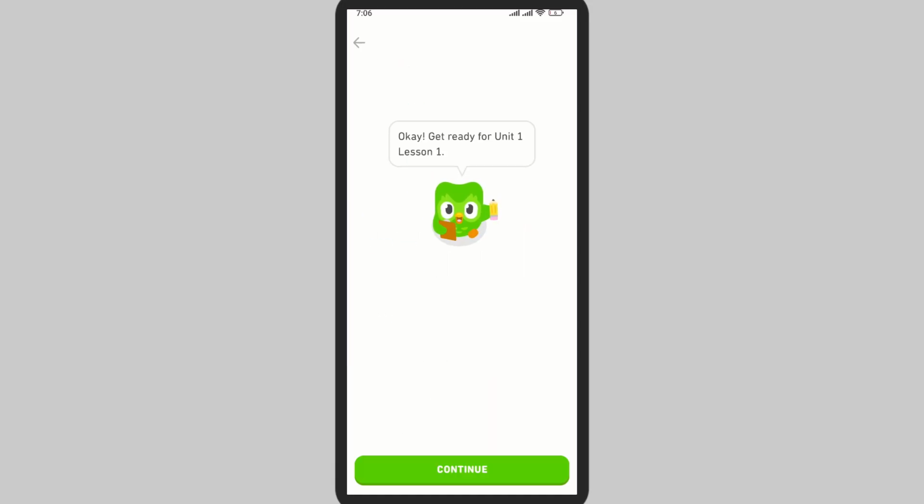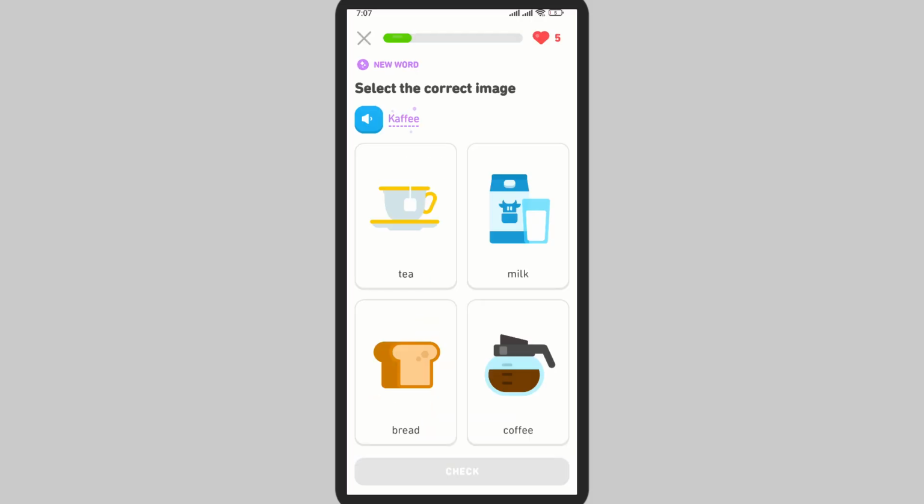So the course has been started and you can easily start Unit 1. Tap on continue and here the course has been started. Now you can easily watch and learn from the Duolingo application through different